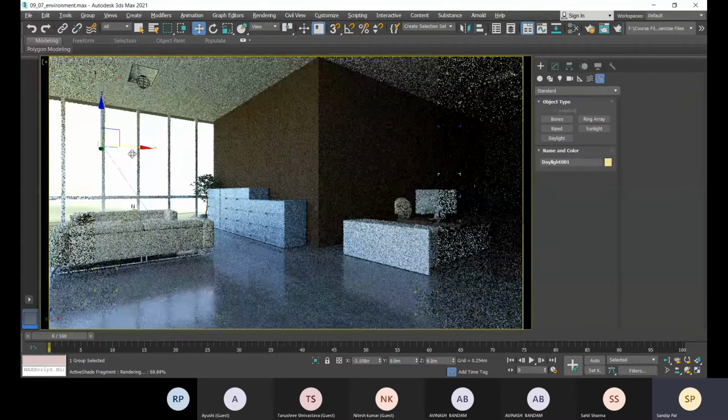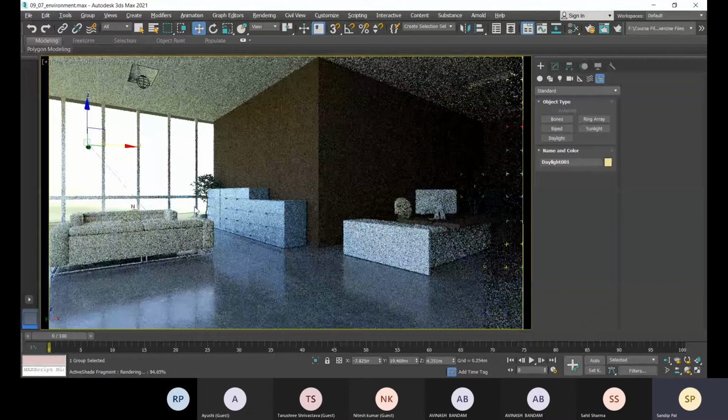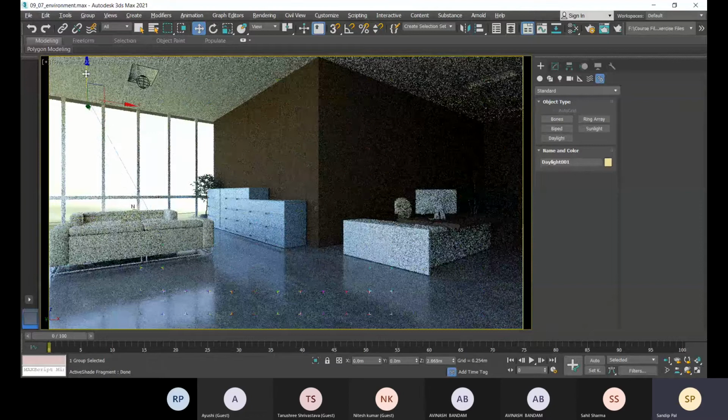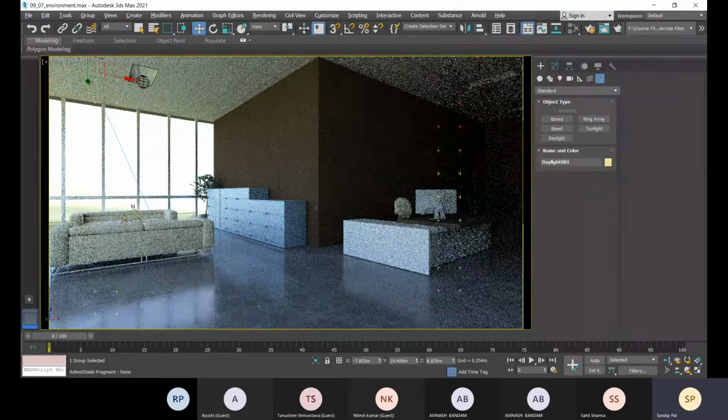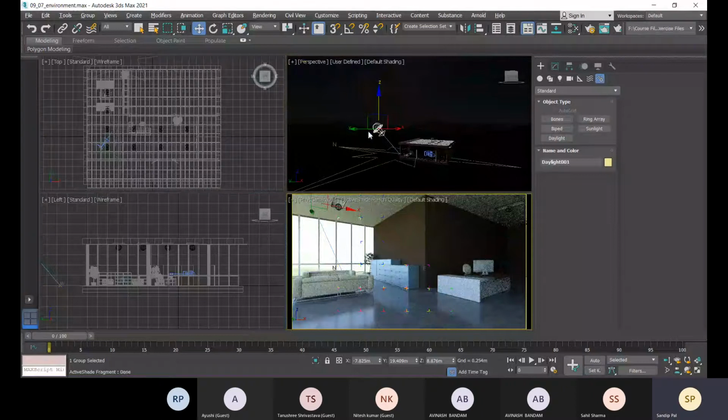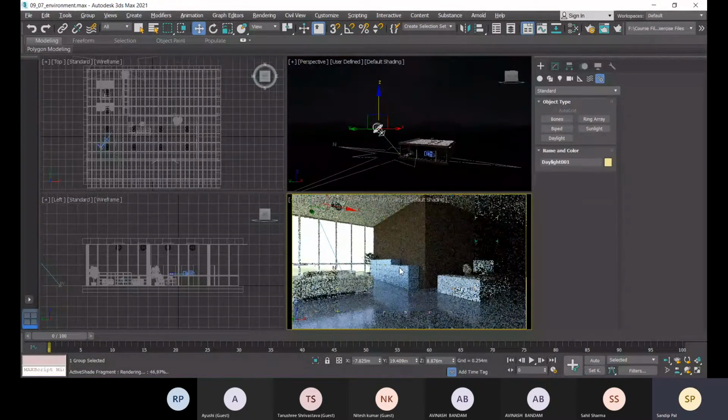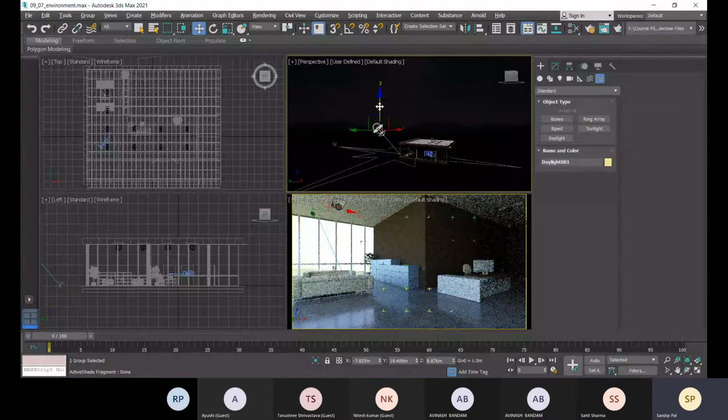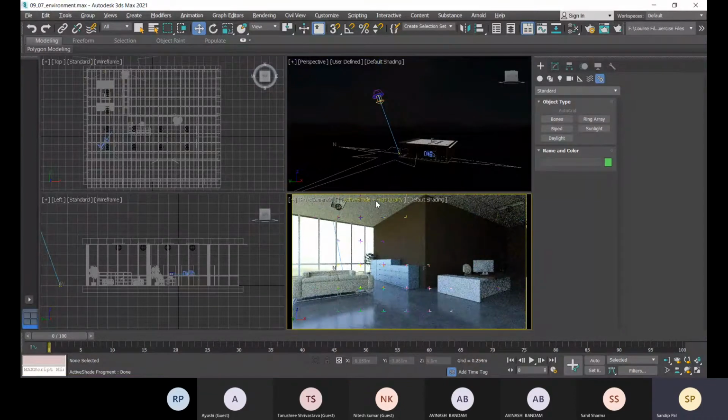So from here, if you change it, according to that also you will get the result. Okay, so that you can uncheck.